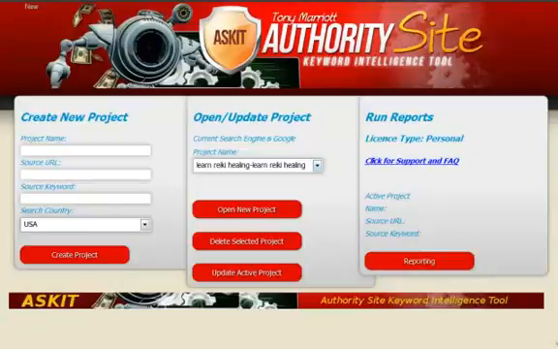So the Authority Site Keyword Intelligence tool is a software keyword research tool that basically does everything automatically for you. It looks at high-ranking sites and their keywords, understands what they're doing, and can compare that against your site and do gap analysis, etc., to find you the right keywords, the proven to rank keywords that you need to make your site into an authoritative site. What this can find is those quality keywords, those proven to rank keywords, and of course the LSI keywords